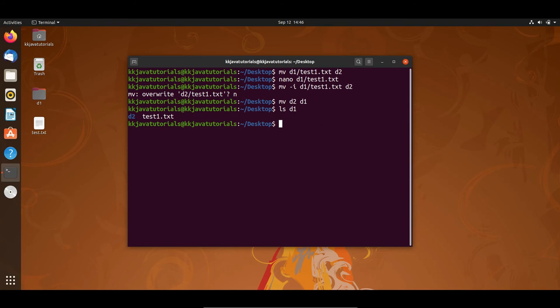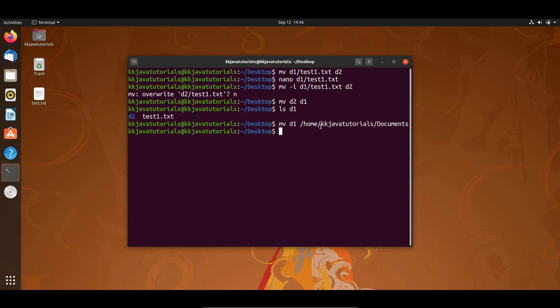So here I'm going to write mv, and then my directory name, which is on the desktop, that is D1, and I would like to move it into home, then KK Java tutorials, then the documents directory, and press enter.